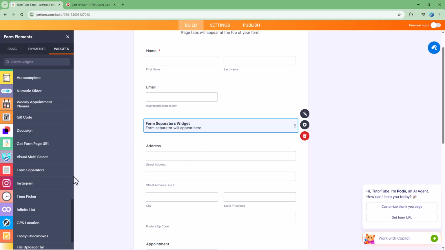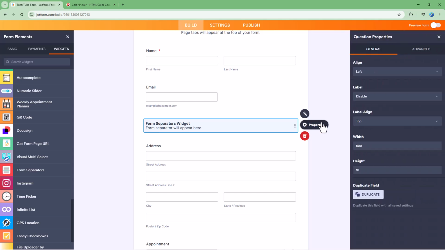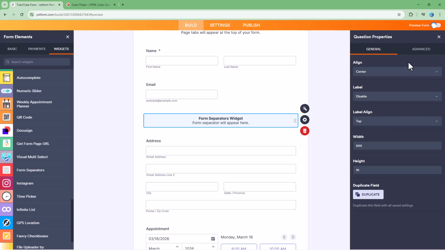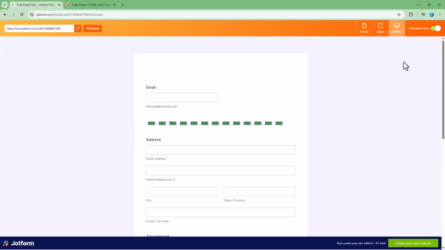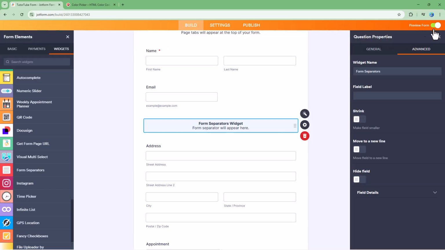So that is basically how you can utilize the form separator. And as with any other form elements, you can align it as you wish right here, and then add in a label if you want as well, but it does not really matter because it's just a separator, but center aligning it does matter. Apart from that, if you want, you can work around with the advanced setting as well. But anyways, you can see that this is how you can add in the form separator widget as you want